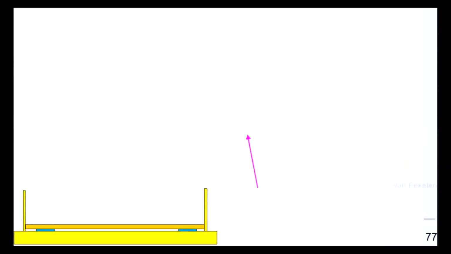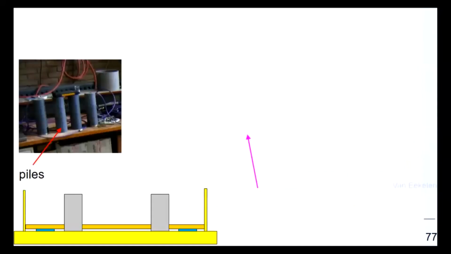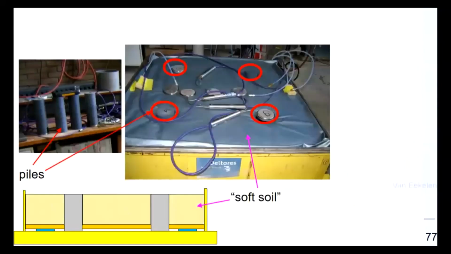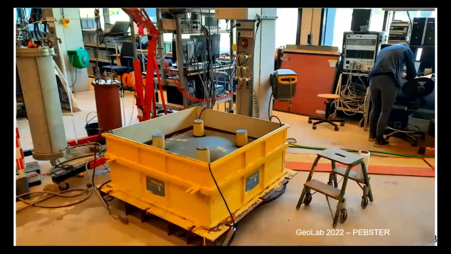Now about our research, which was the basis of my PhD, we had a test box for 1G circumstances with 4 piles in it. And in between, we had the soft soil, which consisted of a foam cushion that was fully saturated and wrapped so that it was leak-proof. There was a tap attached, and when we opened the tap and pushed the soil, the foam cushion, it looks like this,